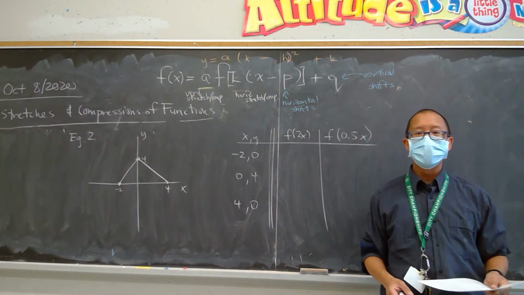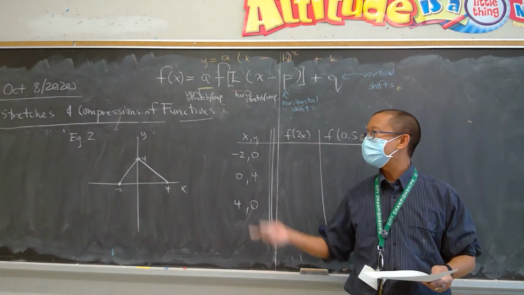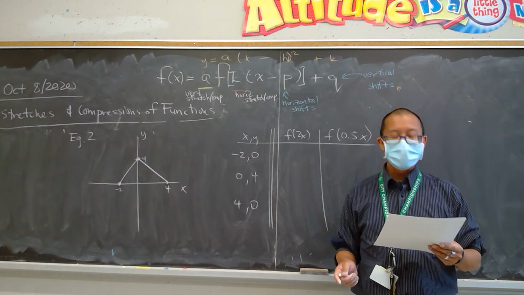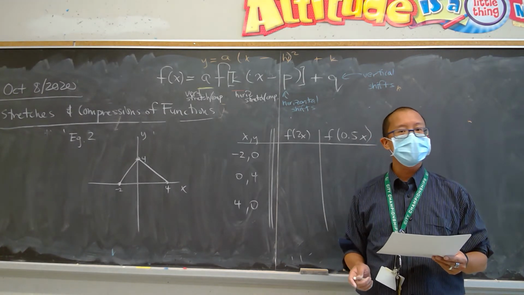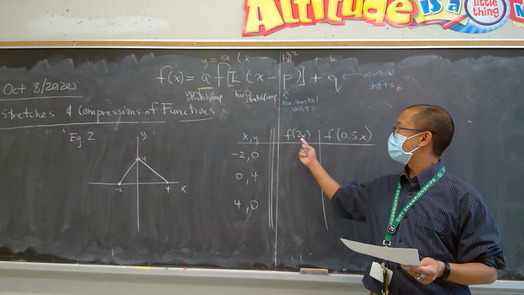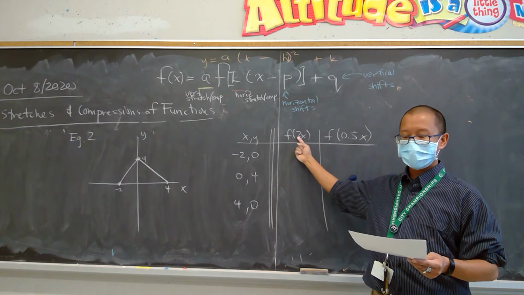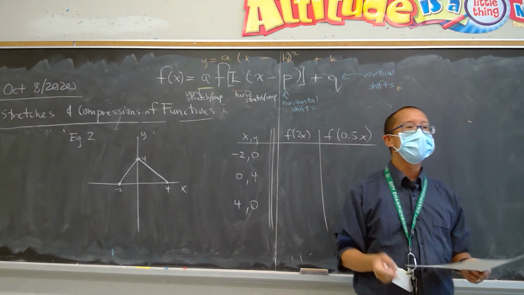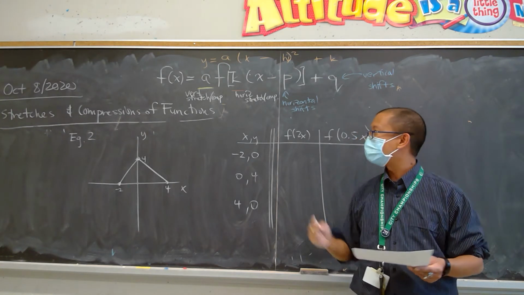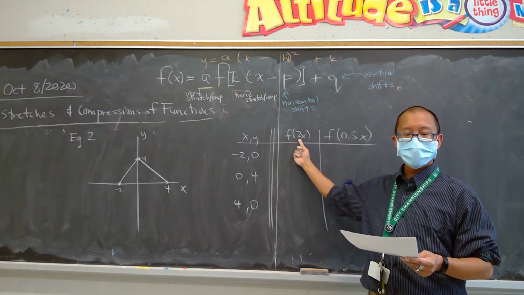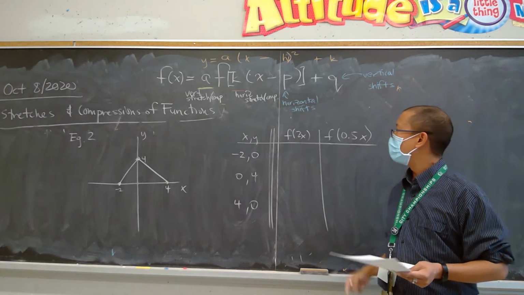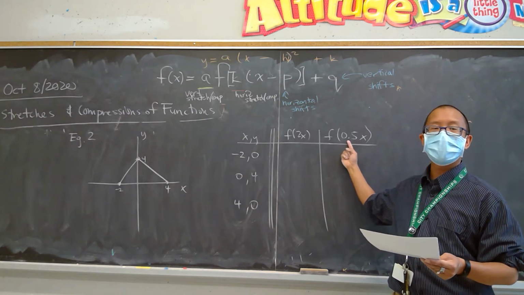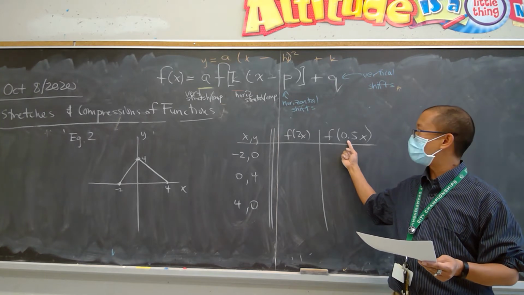We're on example 2, and this one is not that interesting. It only has 3 critical points, but we're obviously looking at the horizontal stretches and compressions. So in this case, the k value is 2 for this first example, and the k is 0.5 for the second example. Our class has already told us that when k is 2, this is a horizontal compression by a factor of a half, and this k of 0.5, this is a horizontal stretch by a factor of 2,